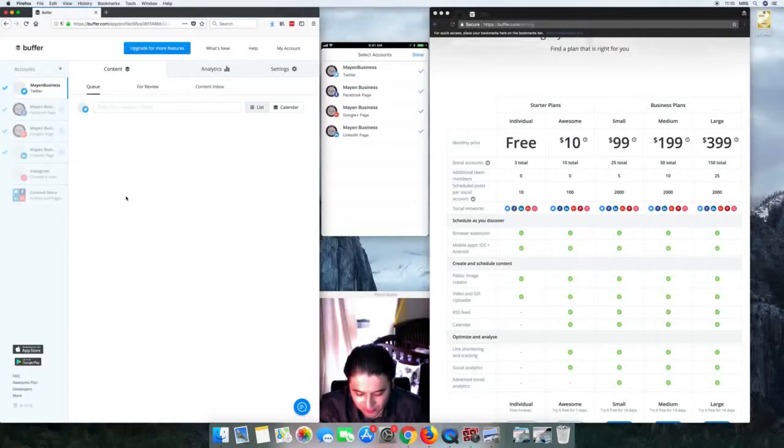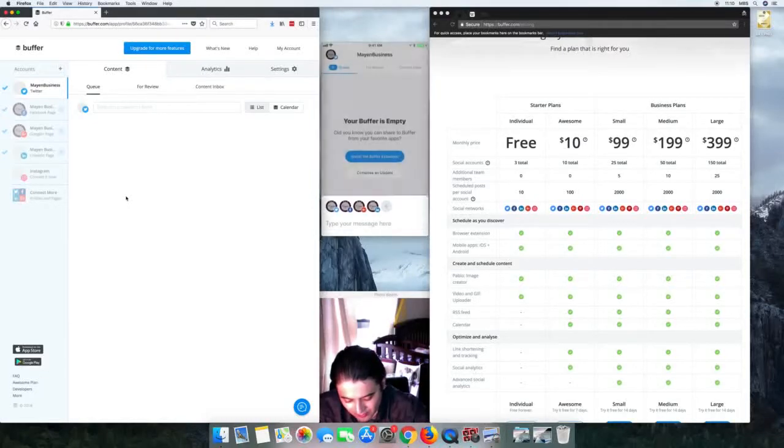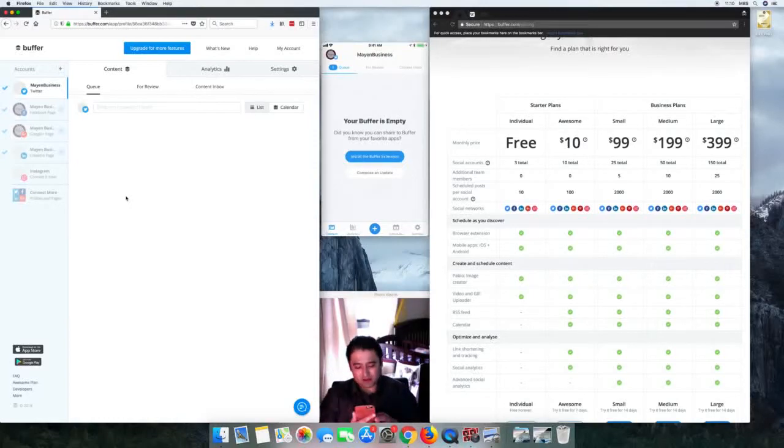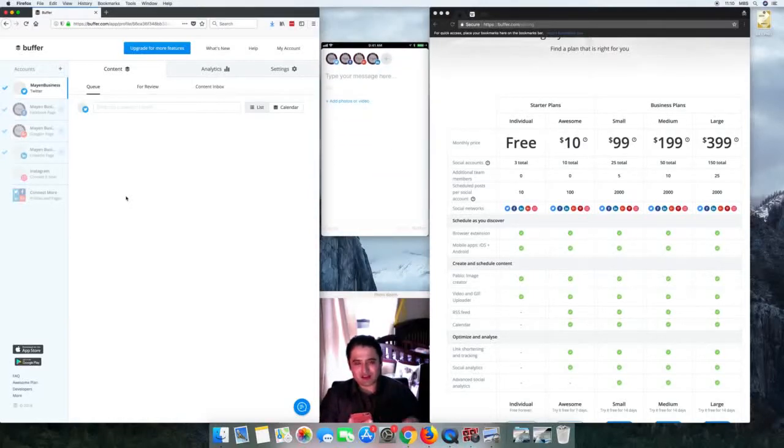So if you're looking at my mobile version in the middle there, I hit the plus icon, the blue plus icon, and this pops up. So on the top, you have a plus sign. You can add that, and you can enable, disable all the accounts that you would like to share to. Now, for the Twitter